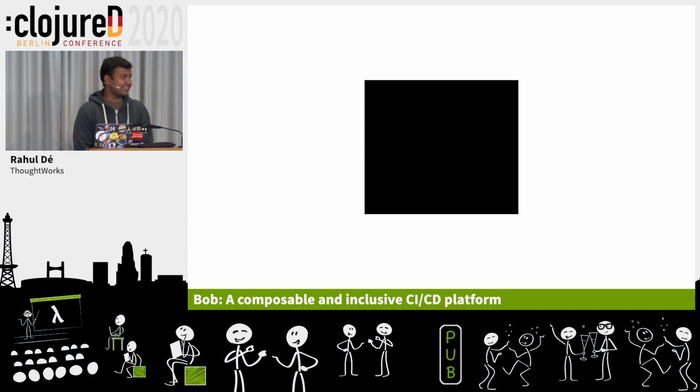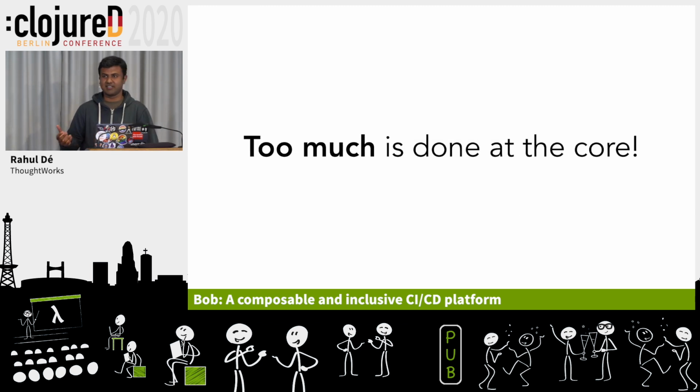So this is the general idea that we have for a CI. It's a box that we throw things at, and hopefully something comes out. Builds are green, builds are working, and we hope that it works. But why do I call it a black box? Why do I call it a core? The core is what the problem is right now. We do a lot of things around CIs, but there's too much done at the core itself, the meat of the CI.